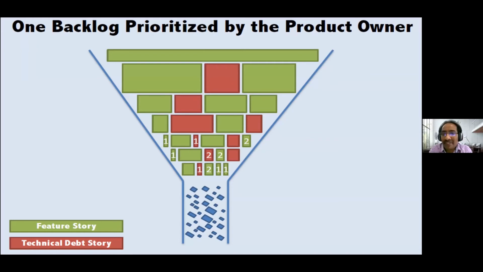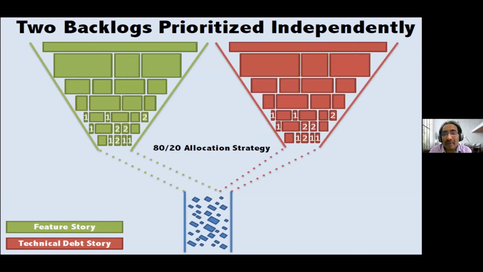So basically, I'm simplifying it: you have feature stories, and also technical test stories. Wherever you need to justify your efforts, create technical test stories. You can mix and match as per your comfort, or you can separate them. Maybe you invest 80% of the time in features and 20% on technical debt. But I would say inlining is better.